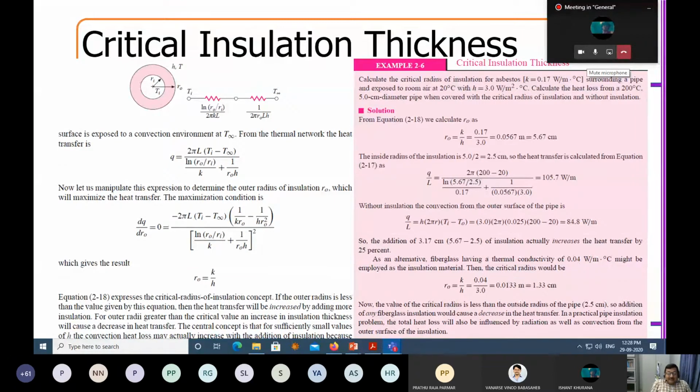So please study this part, because this is a very important concept, that if you have a pipe, you can only go for a critical insulation thickness, beyond which the convective heat transfer that is happening through air is going to actually enhance your rate of heat transfer. Since the area is increasing, that area is going to take up the matter, and this actually gave rise to one very important concept.